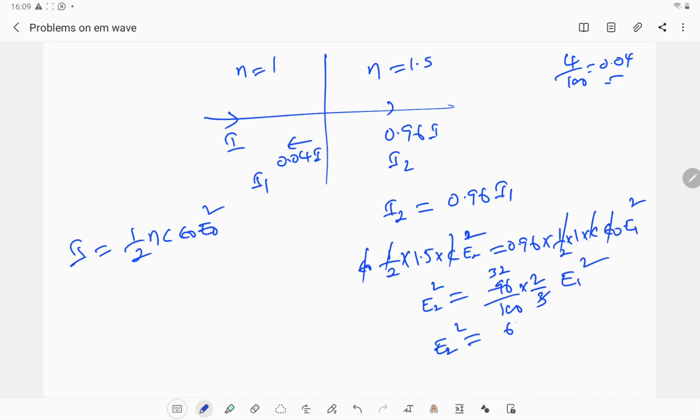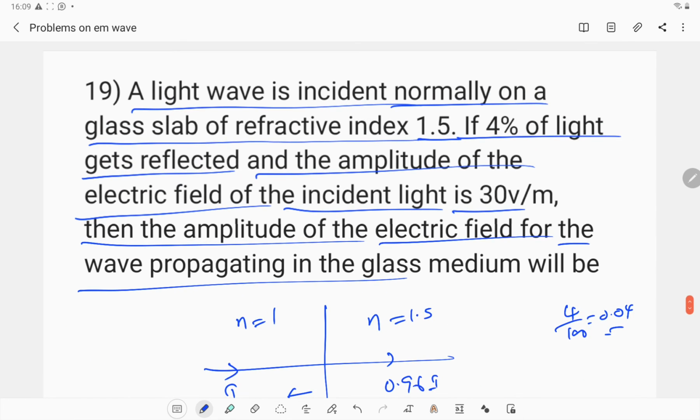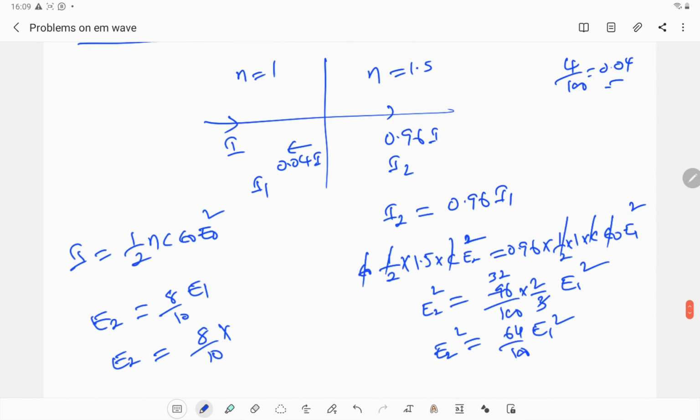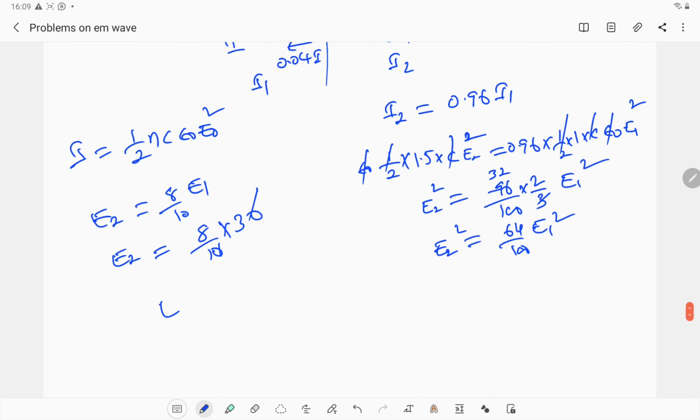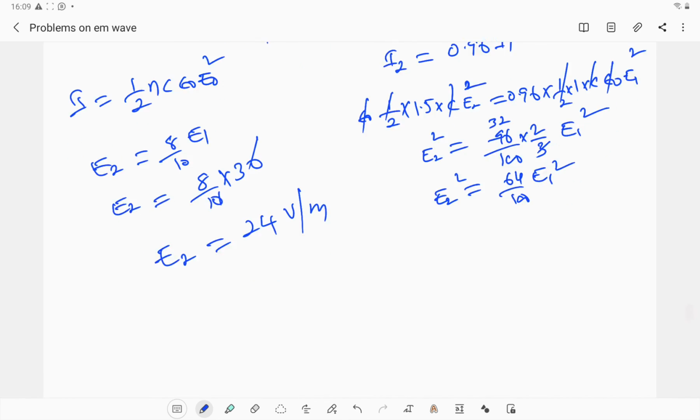Therefore, E2 square is equal to 64 by 100 E1 square. Therefore, E2 is equal to 8 by 10 E1. E1 in the first medium is given as 30 volt per meter, so E2 is equal to 24 volt per meter. Next,